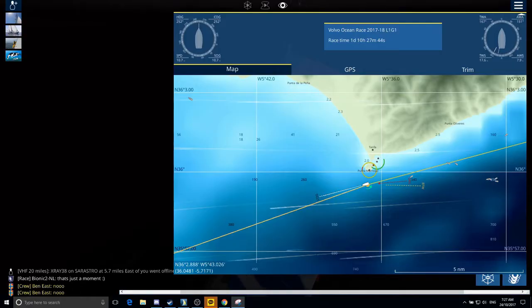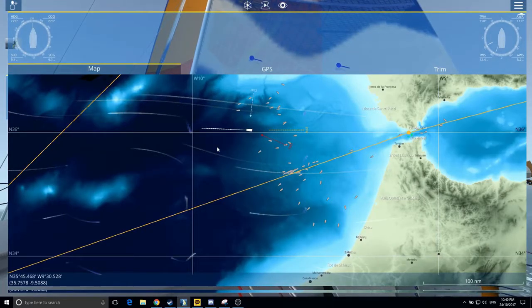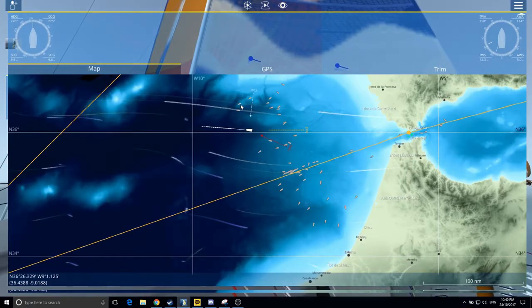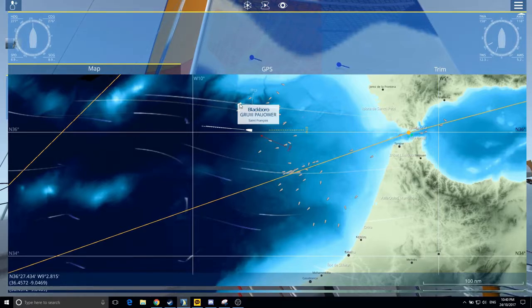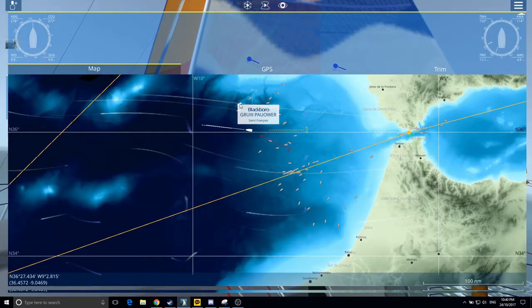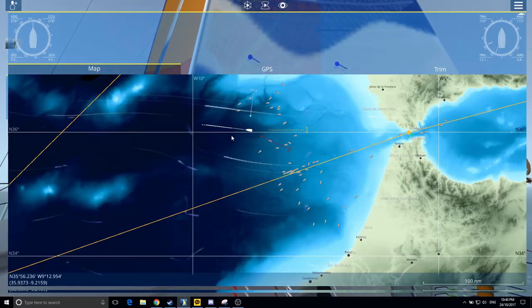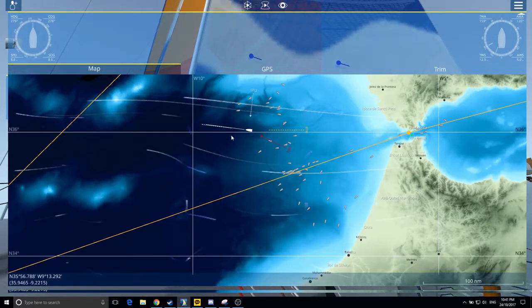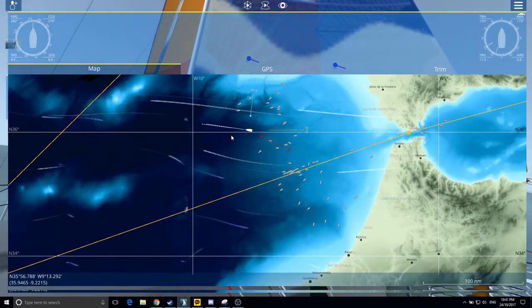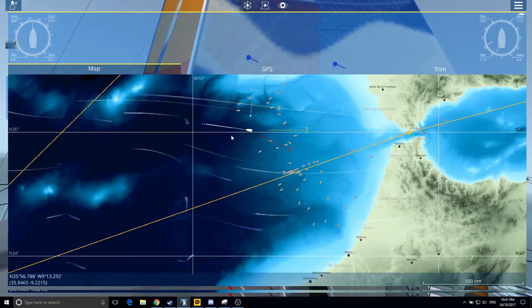And I guess this is where I really learned something very important about these long races. Once we got past the Straits of Gibraltar, I noticed several boats were taking a northern track, and the fleet started spreading out. It bunched up going through the straits, but then there was a good chunk of boats going up north, a group in the middle, and some heading down south, and I couldn't quite figure that one out,